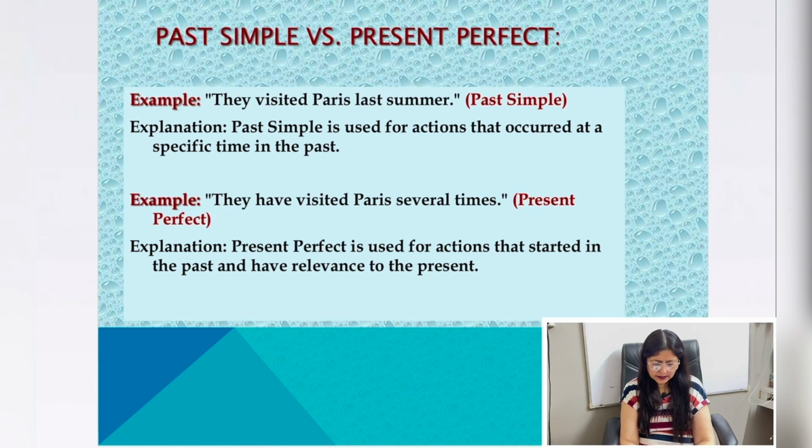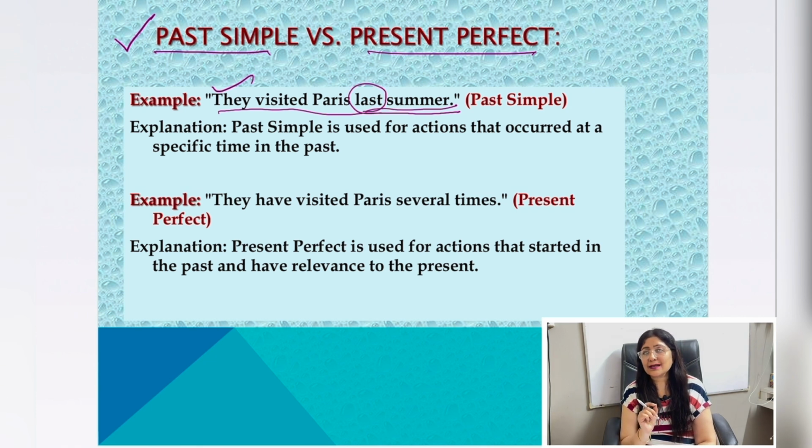Next, students often face ambiguity in using past simple and present perfect, because both the tenses say action completed. So past is also action completed, perfect is also action completed. So what and how to use them? See, first example, they visited Paris last summer. Where you have such kind of words, last, yesterday, they indicate that the action completed at that point of time. Last Sunday, specified point of time, it was done during that. So you will be making use of V2 over here in that case.